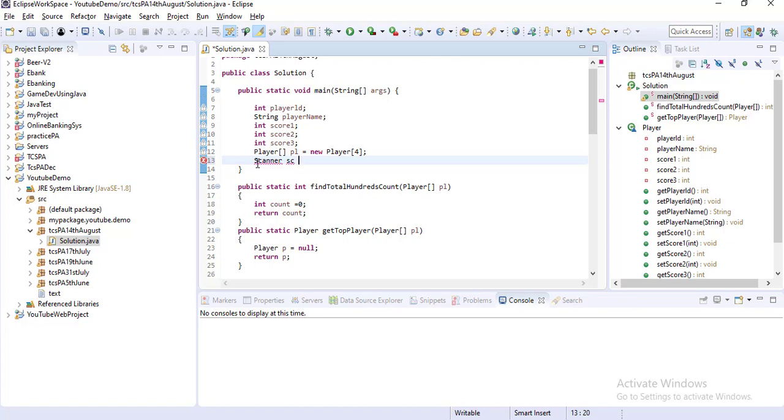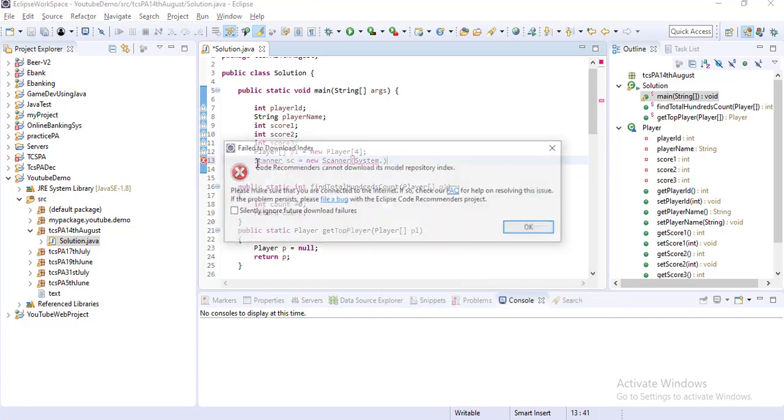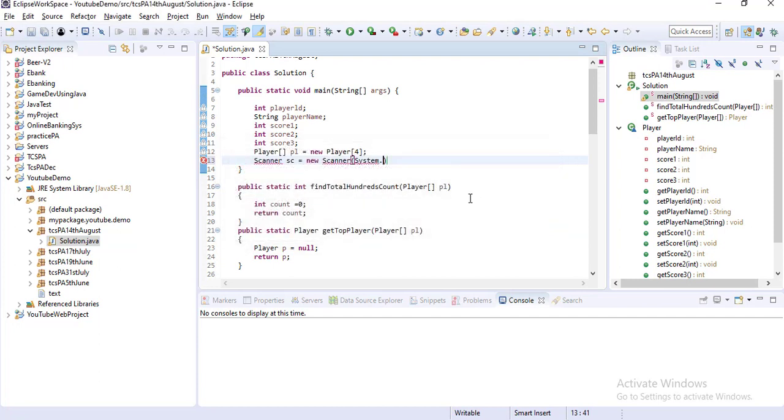So scanner is equal to new Scanner, and it will take values from the console, that is System.in. So System.in basically, the system will expect some values from the console. For that this is the syntax.